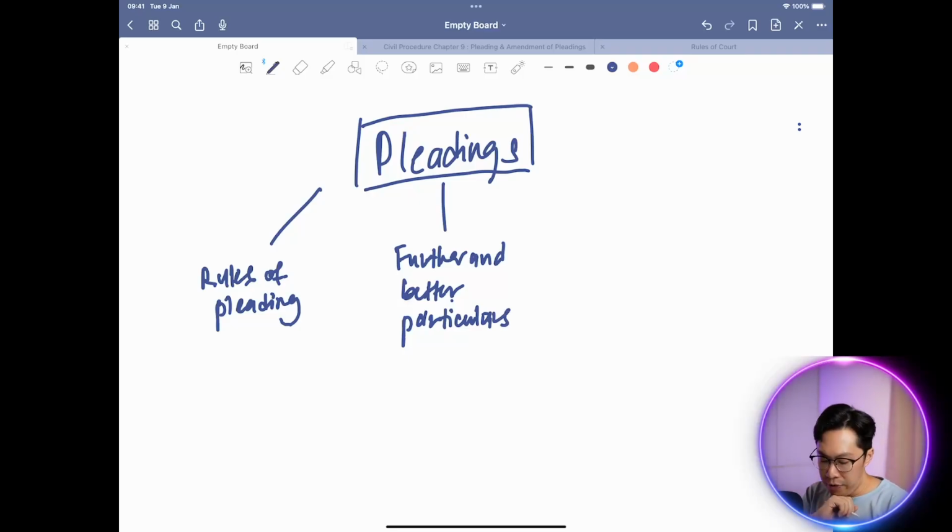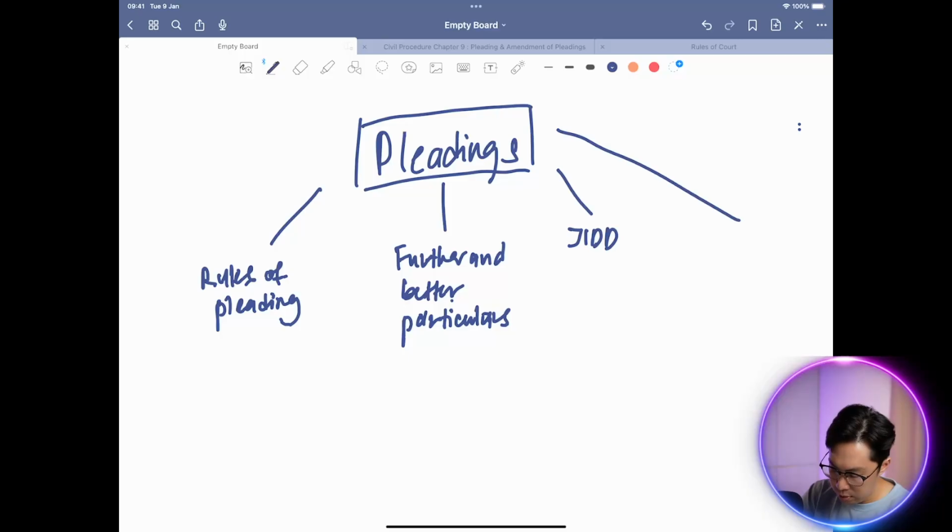Okay? Often tested. After that, you have JIT, judgment in default. The way you look at judgment in default is the same way you look at JIDA. When you read JIDA, like Order 13, you read it the same way as you read JIT. Okay, judgment in default or defense. And the last ones,